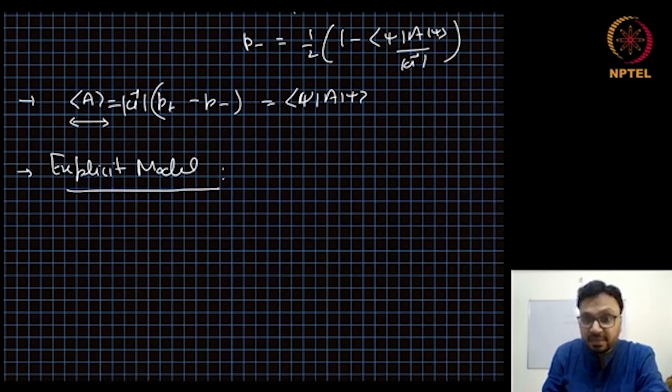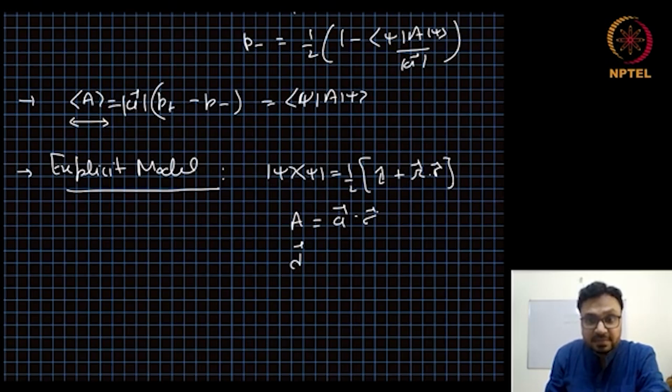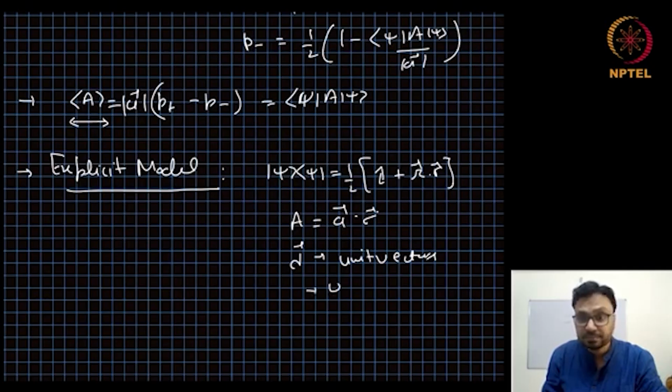Again, our state psi, or the density matrix corresponding to it, we write as half identity plus r dot sigma. An observable is a vector dot sigma. The lambda vectors, we are now taking as lambda vector, are unit vectors. The lambda vector represents the hidden variable we have. They are unit vectors uniformly distributed